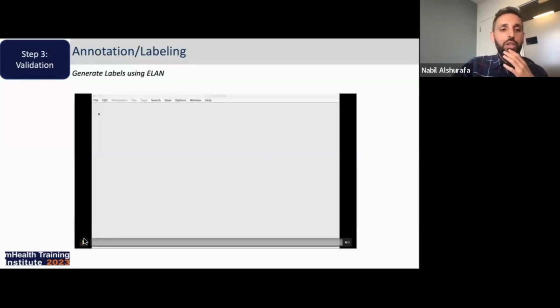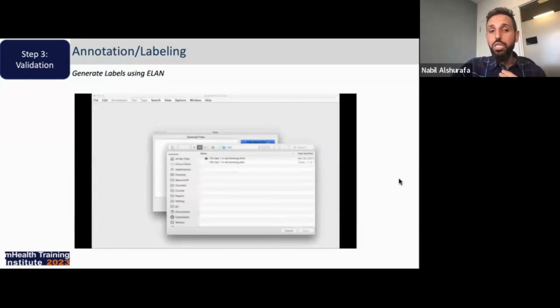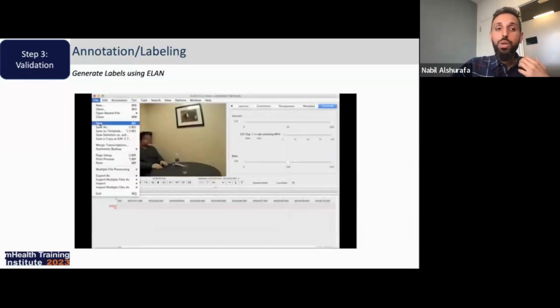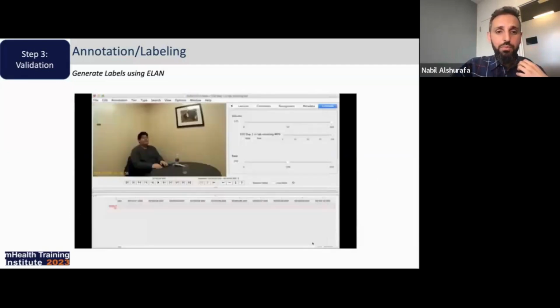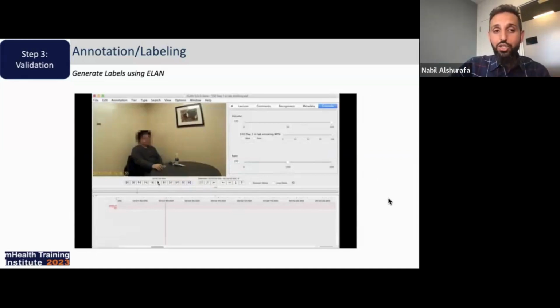Here, this is us using Elan. We first load our video data from the camera. We then start labeling. What's nice is you can zoom in and zoom out. Then we need to find the time point where the person is actually smoking.